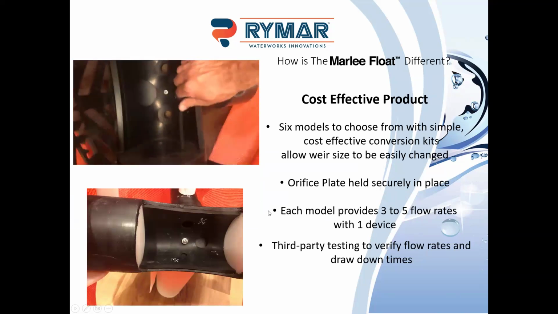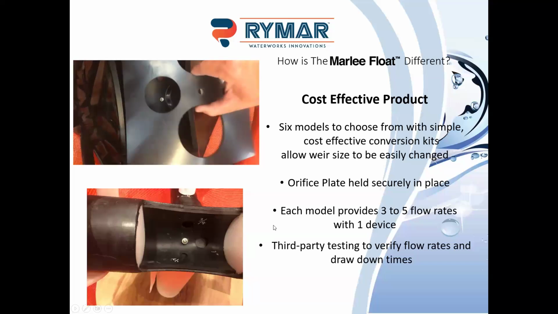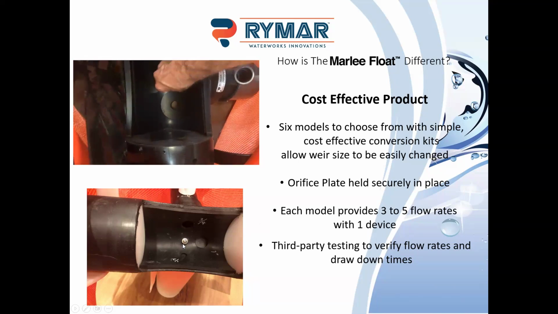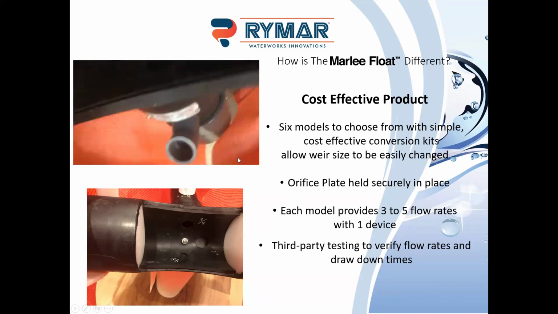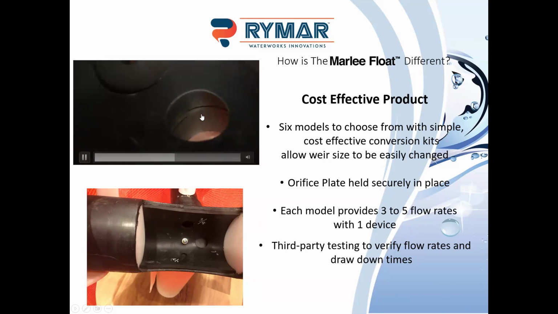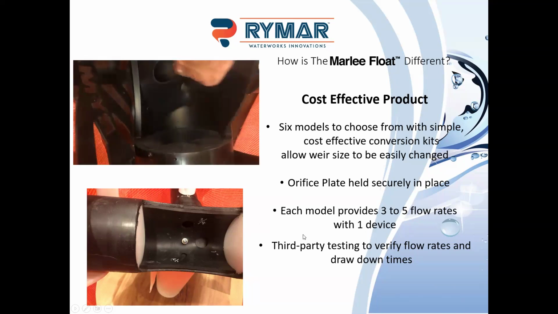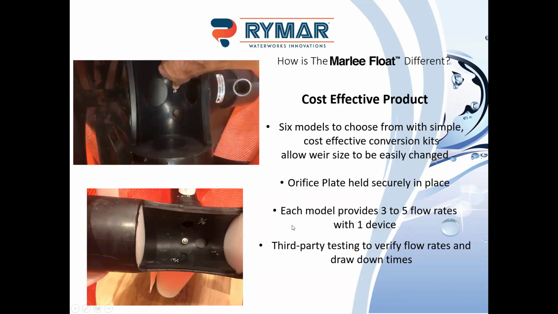We talked about our orifice plate and how it works. This quick video shows how it's just a piece of EPDM rubber with different size orifices. It has this little metal nub here in the middle, so you make sure it's put back in place and held in there securely, and that also makes sure that the orifice is centered over the outlet pipe. Each model is going to give you at least 3, if not 5 flow rates in one device. They've all been third-party tested to verify the